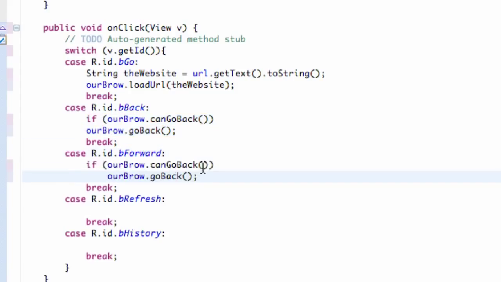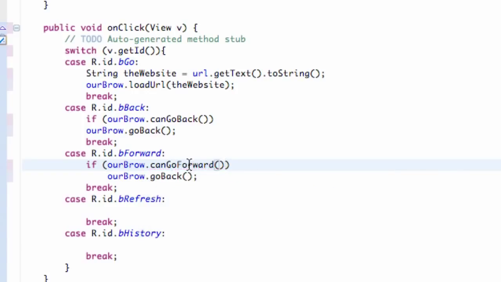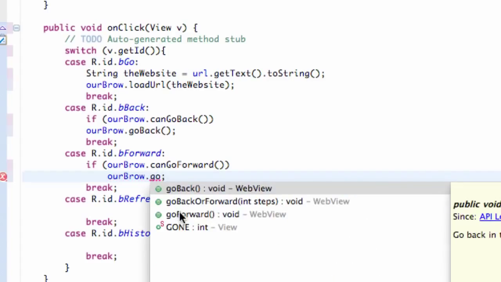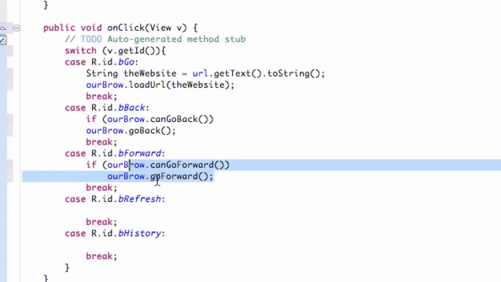So we're just going to copy and paste that. Instead of saying can go back, we're going to say dot can go forward. So again, that's Boolean, checking if it's true or false, and if it's true, we're going to make our web view go forward. And can you guess the method? It's called go forward. Pretty simple again, but again, these are just some of the methods that we can use